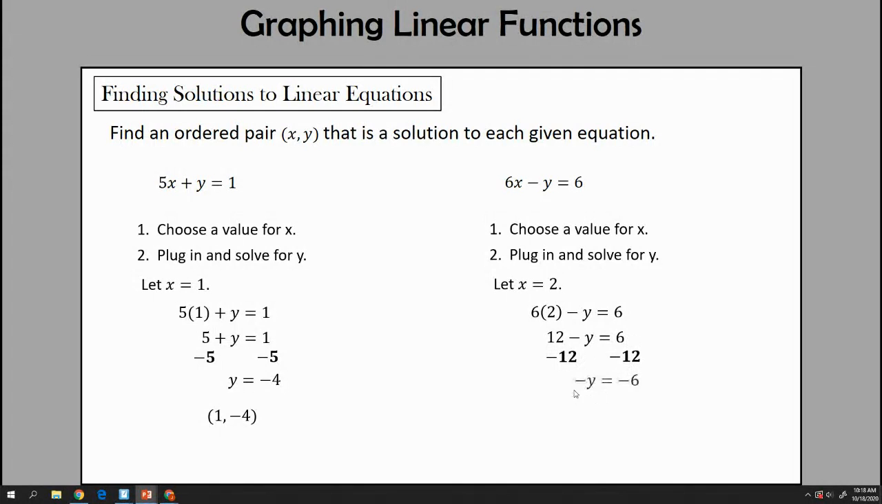Now you got to catch this. It's negative y equals -6. Okay, 6 minus 12 is -6, and that minus sign in front of the y stays there. So this is really like a -1 times y. I'm going to multiply both sides by -1, and y equals +6. So an input of 2 gave us an output of 6. That's an ordered pair. That's an answer to this equation. Okay. So when you've got a lot of freedom here to pick the numbers you want, make it easy on